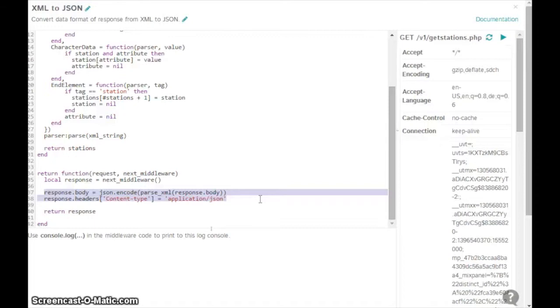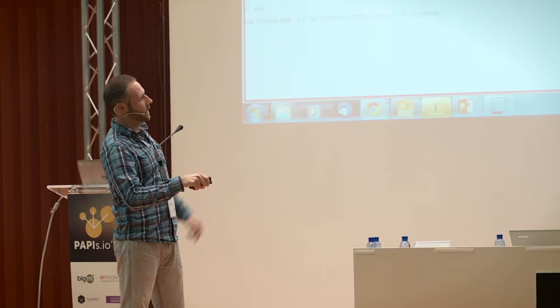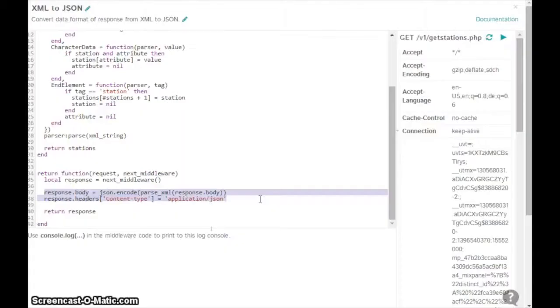In that case, it's the stations. And then would encode it as a JSON and copy it into the response for the object. And I would also set directly out of APItools the content type in the header, which would then be application JSON. Okay, so after that, after the response passed this middleware layer, and I'll go back out now,